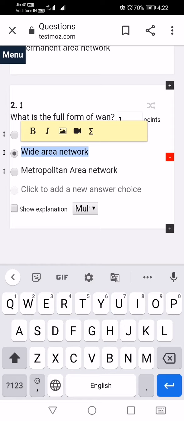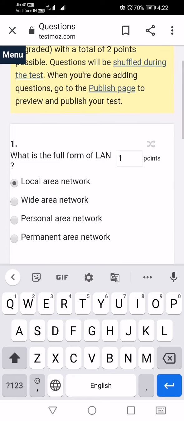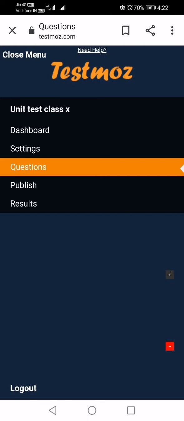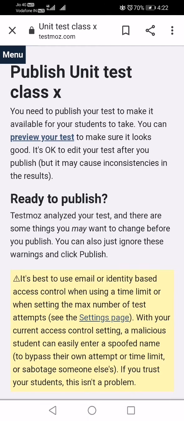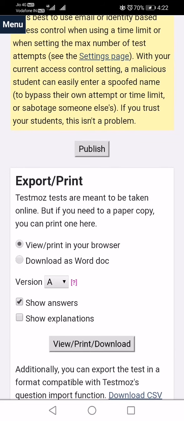Now you can easily see three options here. Now go back to the menu option and click on Publish. Now you can see the unit test class 10; if you want to see a preview, you can preview.